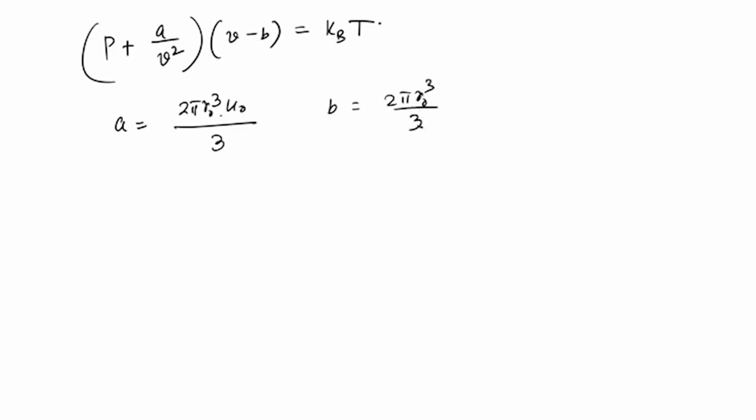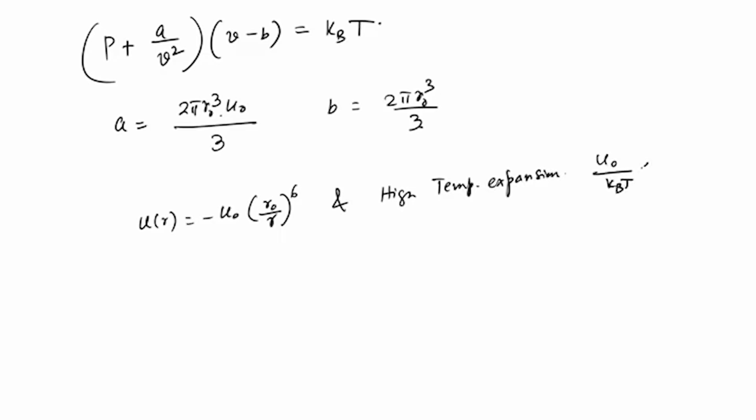So, even with this approximation that we have done, that is using this potential as u of r equal to minus u 0 r 0 by r whole to the power 6, and the high temperature expansion which came in the form of using this u 0 by k t to be much smaller than 1, we still get the equation of state to resemble very closely, with these definitions of A and B to be of this form, but nevertheless it mimics